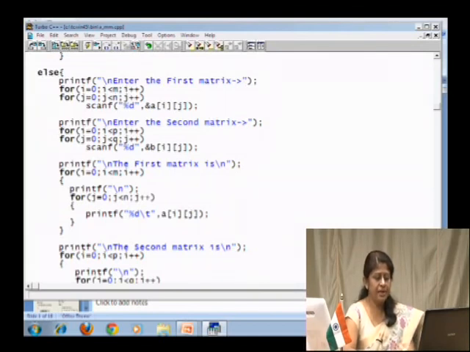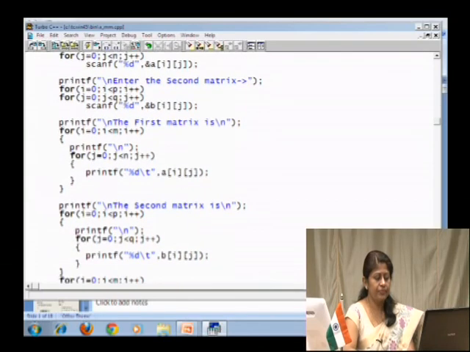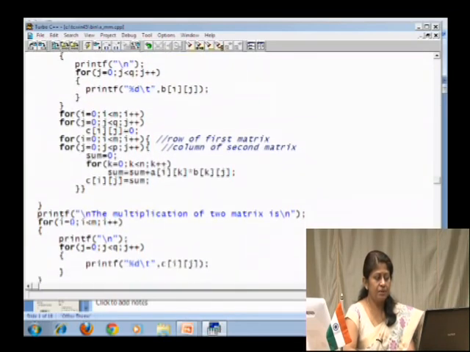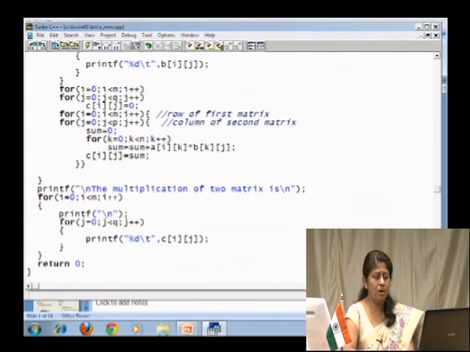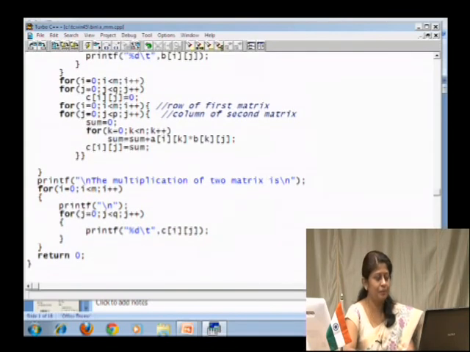So, after printing those two matrices, we now come into that major part, that is how we go about with the matrix multiplication. So, as I told you, we have those two loops, that is i and j loops, which are going to be dealing with the rows and the columns respectively. And then we also have this k loop over here. So, before this k loop, we are initializing the sum variable. So, every time the sum would have some value, so that has to be again reset to a 0.